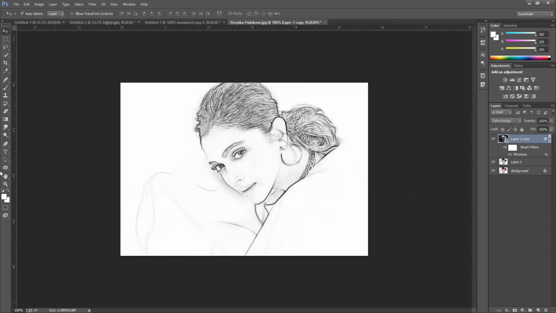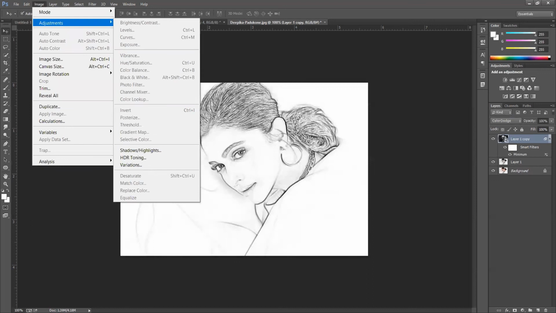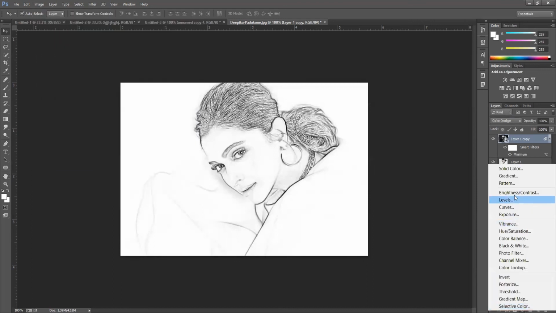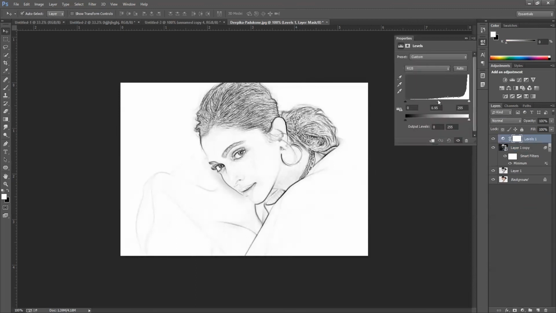Then you have to go to Image Adjustments. Here you can change the levels, and you can change the brightness. So many options are there here.